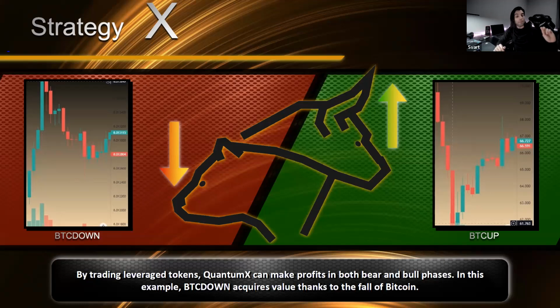Because if I buy Bitcoin down, the Bitcoin -3, I can sell in profit if Bitcoin falls down. This is an incredible thing, in my opinion, in the operation, on trading, on the automatic copy trading system of Quantum X, because